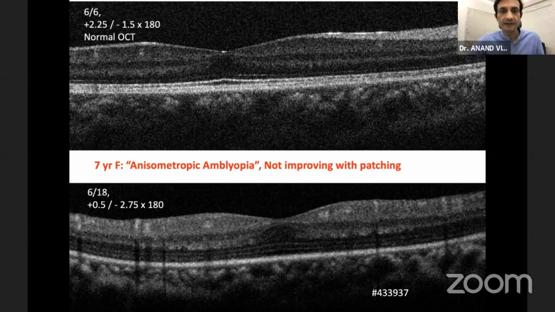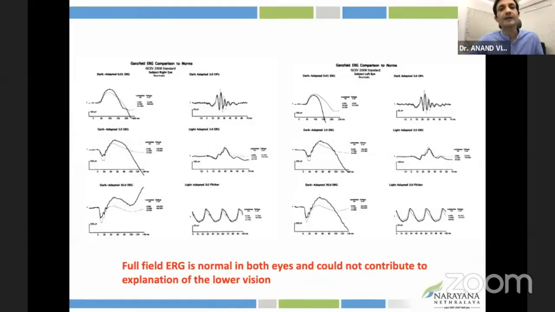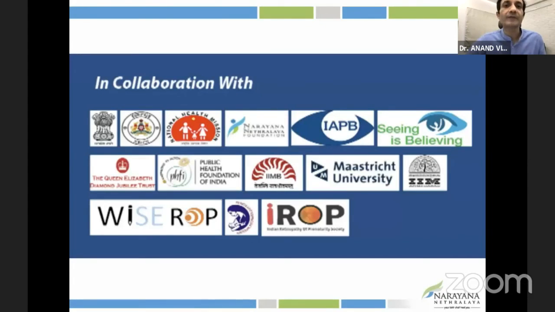Look at the outer retina, look at the ellipsoid zone, how thin and attenuated that is. We don't know the cause of why this happens, but these subclinical changes might be able to explain what we are seeing. So that's as